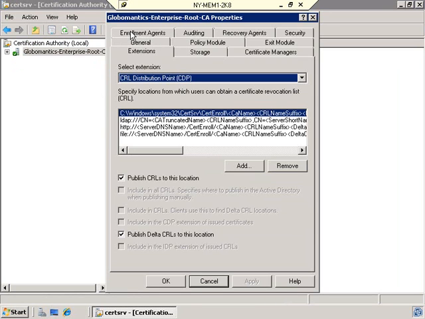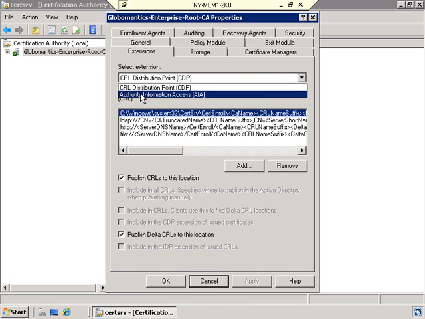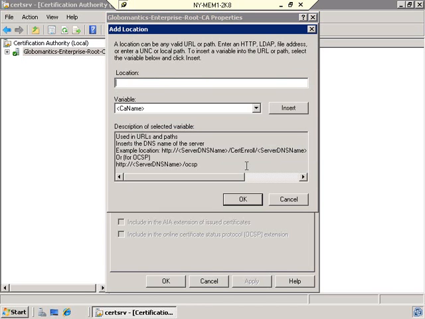Now, again, this is kind of very specific, you have to do this. You have to include something called the Authority Information Access Extension in order to be able to utilize the online responder. So right here where it says select extension, instead of CRL distribution point, we're going to use the Authority Information Access. And then you see here it says specify locations from which users can obtain the certificate for the CA. Well, let's go ahead and add,